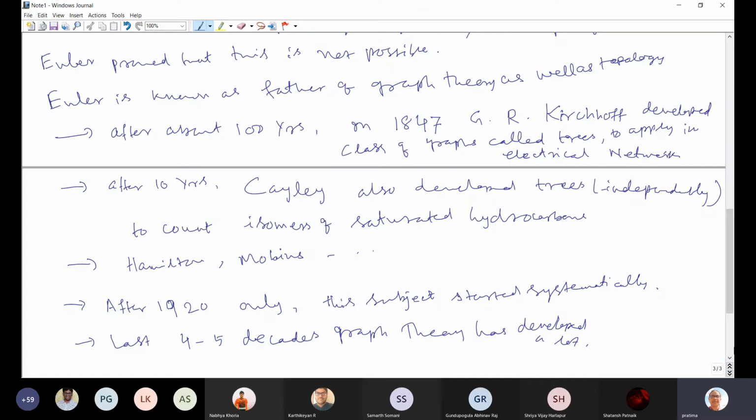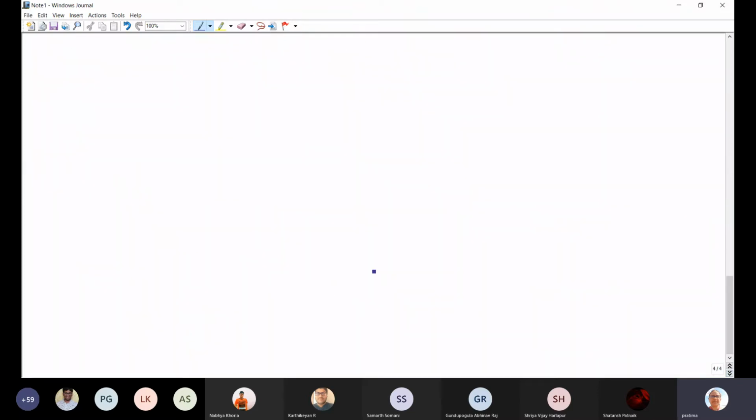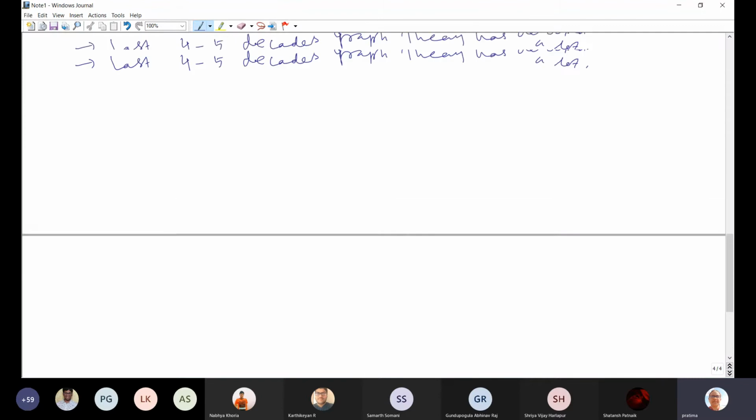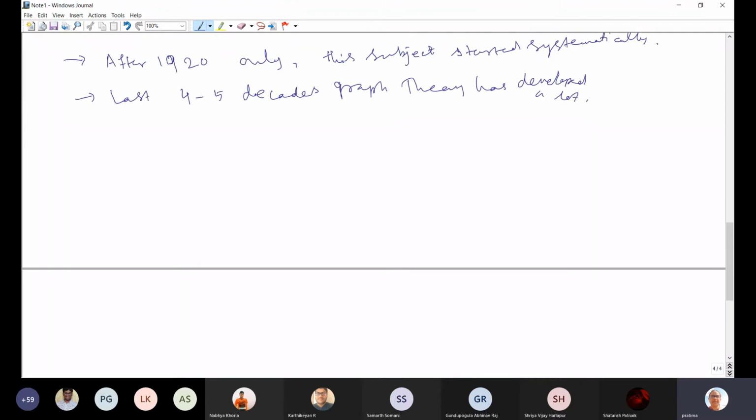This is part of discrete mathematics, and it has lots of application in computer science or any discrete structure. So that is why this has grown very fast actually, and now it is a very important subject, and we'll see